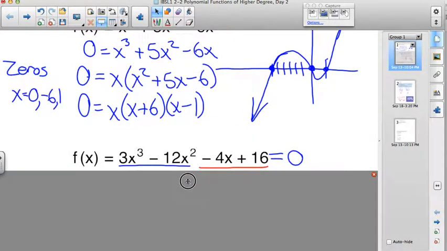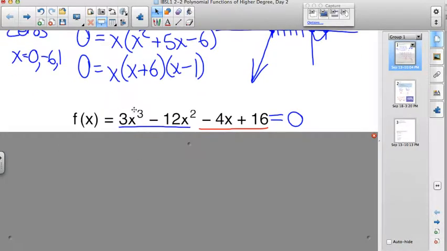And here we have one that you'll notice is a cubic again, but it doesn't have a common factor that we can pull out of the entire polynomial. Okay, so what we're going to have to do is factor by grouping. Alright, you see I set it equal to 0 because we're finding the zeros, and I'm going to group the first 2 terms here and factor out whatever the greatest common factor of those 2 terms is, which would be a 3x squared. And then we look at the last 2 terms, and there's a common factor of 4,